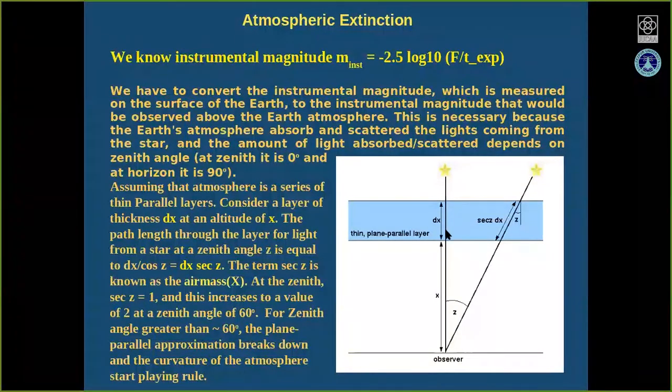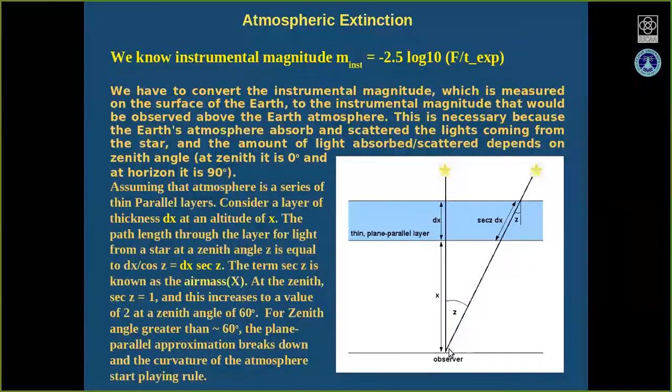If you are at zenith, your starlight passes through this much area. But if you increase the zenith angle, the path length increases slowly. If the path length is increasing, that means your extinction is also increasing, scattering and absorption is also increasing. So extinction is a function of air mass. With air mass, your extinction is changing. Now if your zenith angle is 60 degrees, then your air mass will be 2,